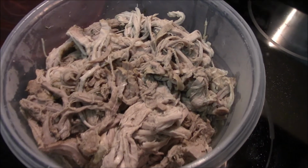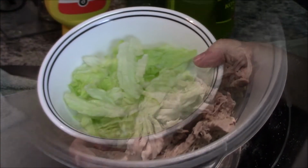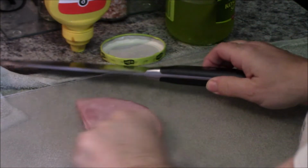week. Guys, it smells so good, and I barely had to touch it with a fork. It's just falling apart. It's so tender, and we tasted a little bit, and it's so good. So we have our bowl of shredded lettuce for the base, and I'm just going to